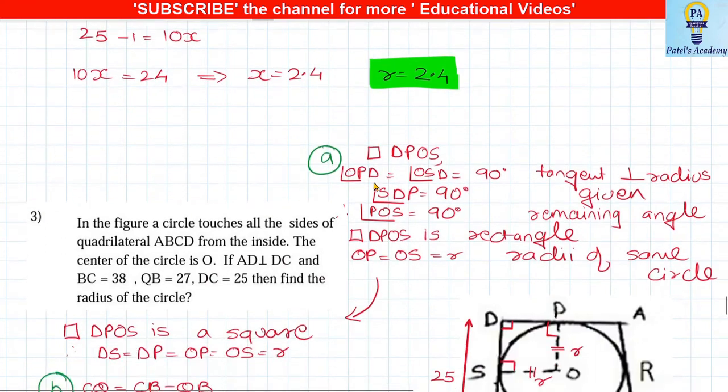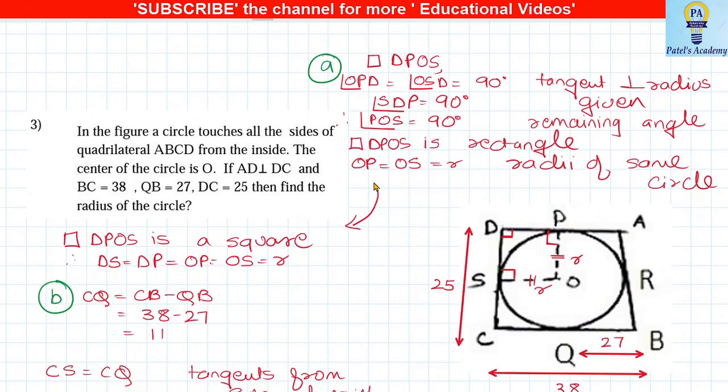Now see the next one, students. Again, the third sum I have divided into two parts, part A and part B. Part A is similar to the sum you have done in question number 7, that we have to prove that it is a square. Now have a look at this quadrilateral, students. I'll mark it with green. Again, as I said, you cannot prove this quadrilateral directly as a square. So the first step is you have to prove it as a rectangle. Then as adjacent sides are equal, it is a square. So the first step is rectangle and then it is a square.